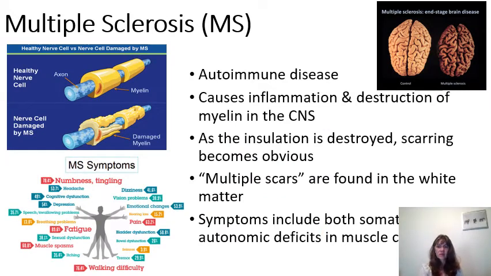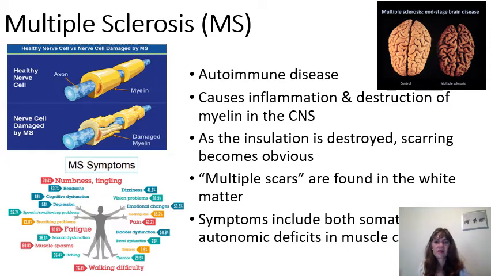Since we're discussing myelin, we're going to take a look at multiple sclerosis. I'm going to disappear from your screen. Multiple sclerosis is thought to be an autoimmune disease that causes inflammation first of the myelin in the central nervous system, and then after the myelin becomes inflamed, it becomes sclerotic. Sclerosis is a condition of becoming hard or narrowed, and that basically causes the myelin to become destroyed in the